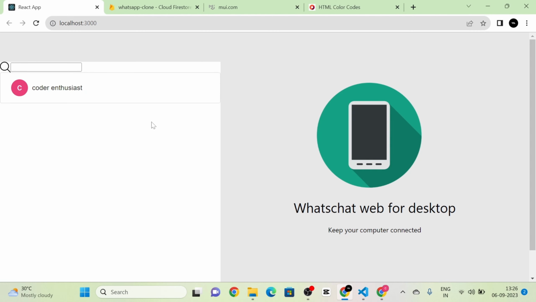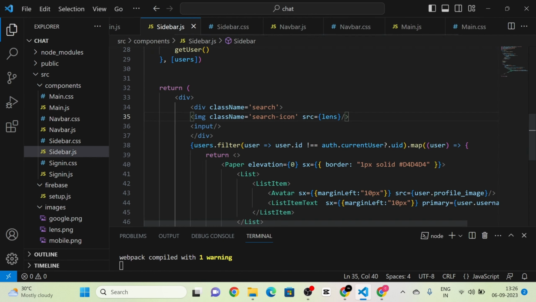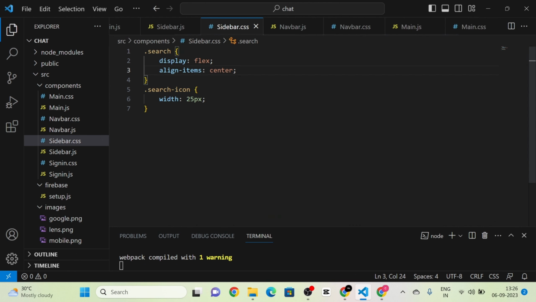Okay. So next I'm going to the sidebar component and I'm giving a class name to this input field also, that is search text. Then next I'm going to give the style to this search text class name here in the sidebar.css